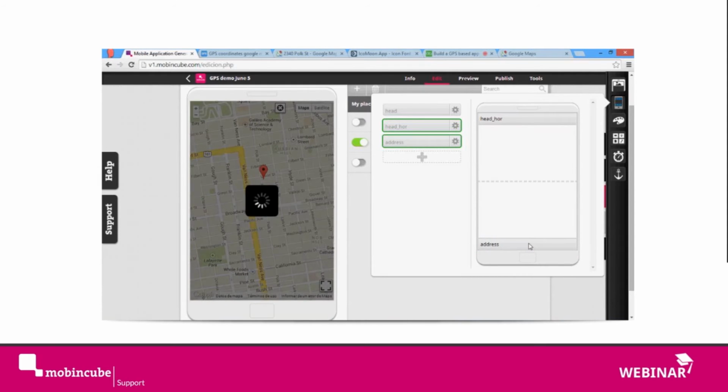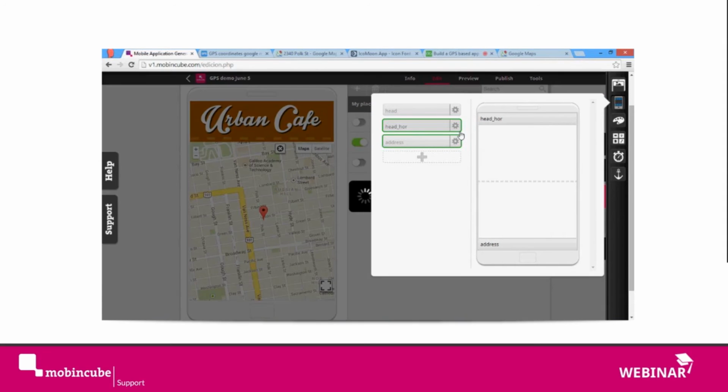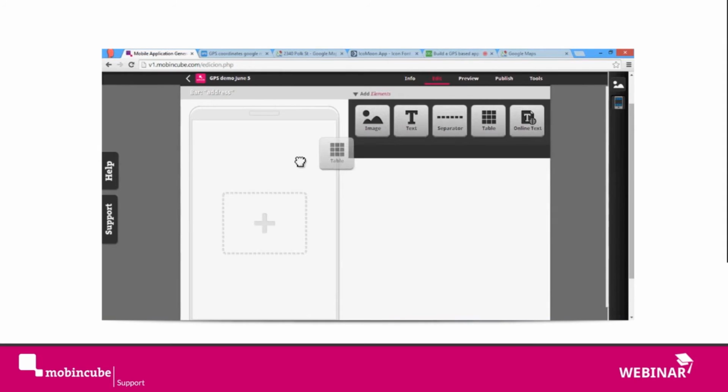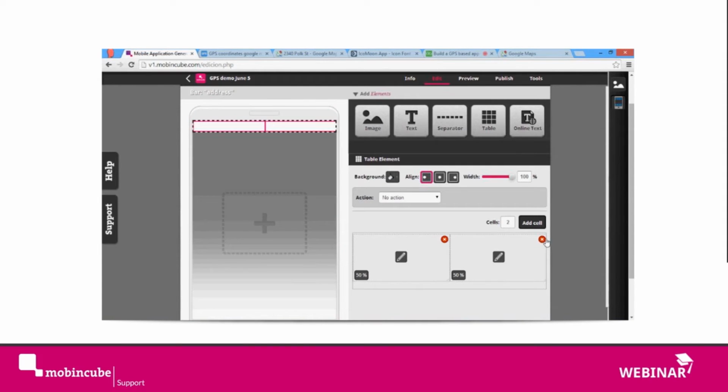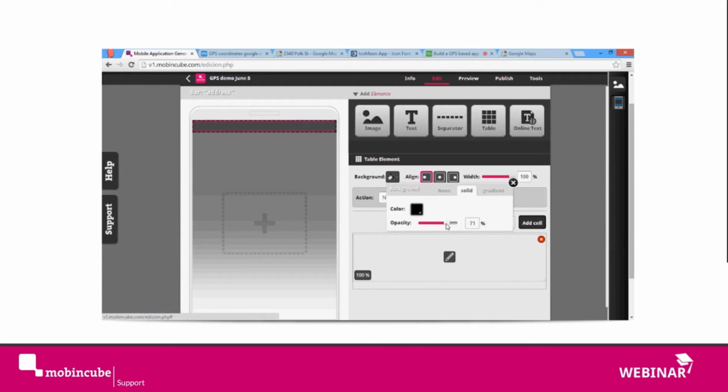Oh, this is only for making the app look nicer. I'm going to edit this one. I'm going to just add a table with one cell, and I'm going to make it look like black, but with some transparency. And yeah,